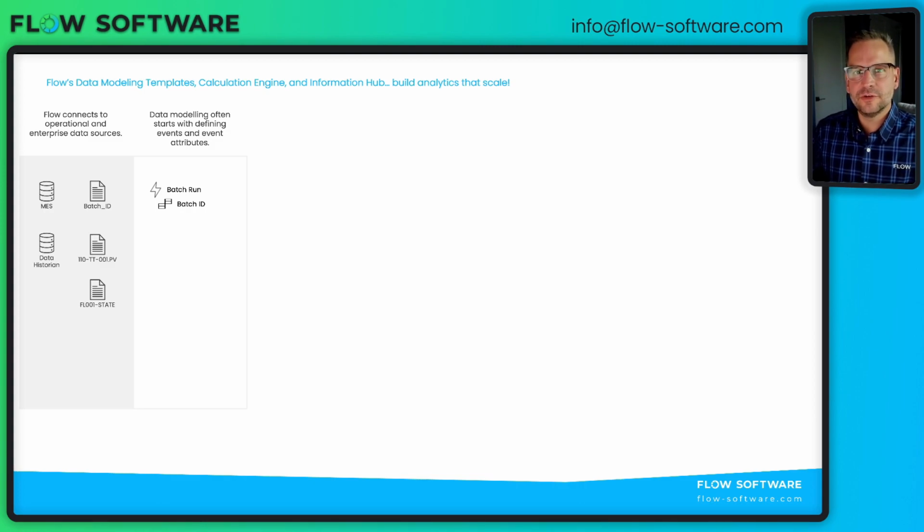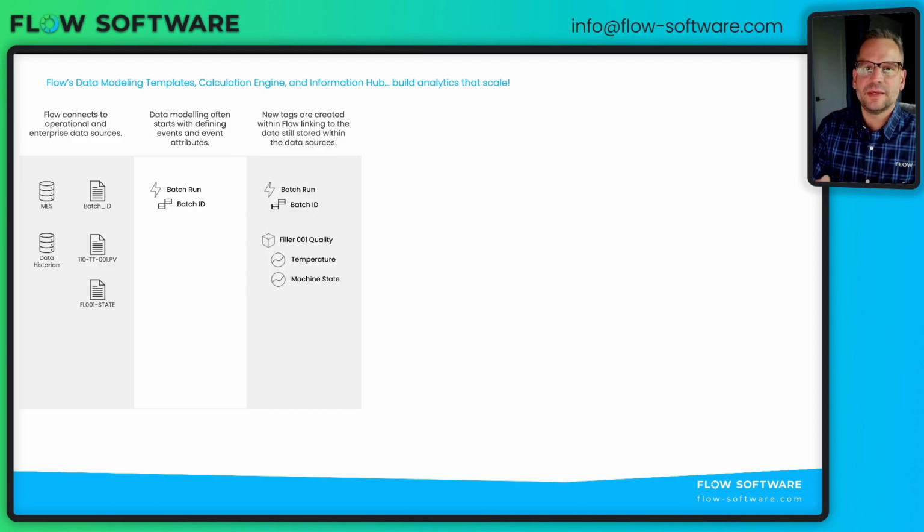With the event configured inside of our model, then we can also begin to build a metric. And a metric is just something that I want to measure. So metrics and events work hand in hand. Also part of a metric is the concept of linking data from my underlying data sources into a tag in Flow. So in my historian, I have a temperature sensor and I have a state tag. So in Flow, I create a link to that data. I don't replicate it because I want to leave the underlying data in the validated data sources.